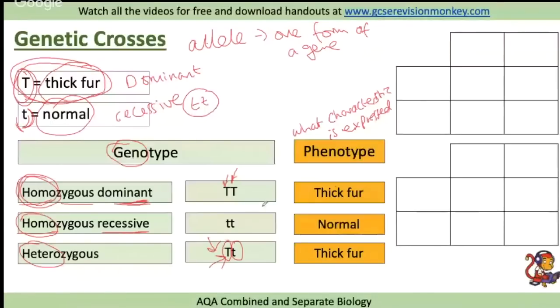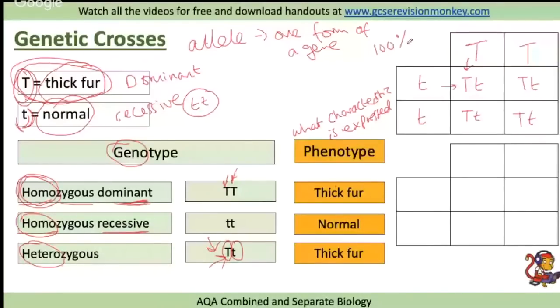You could be asked to complete any genetic crosses. So for foundation, they will give you the alleles. So they could give you homozygous dominant, for example, homozygous recessive, and you would just need to complete the cross by matching up here. So we got T, T, if we look across at these two, T, T, T, T, and then T, T. So in this case, we've got 4 heterozygous, so we are going to have 100% thick